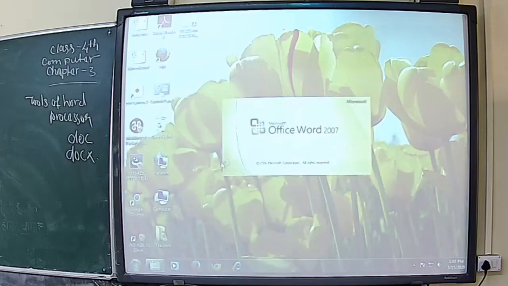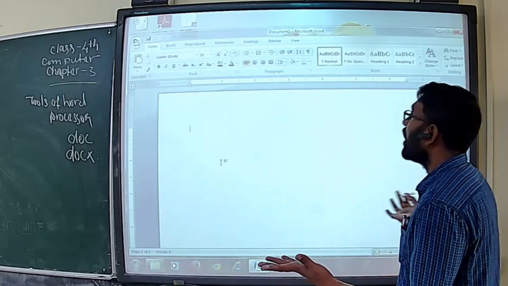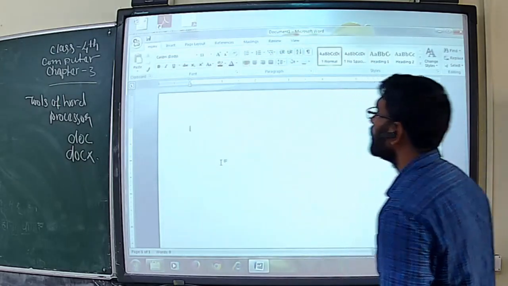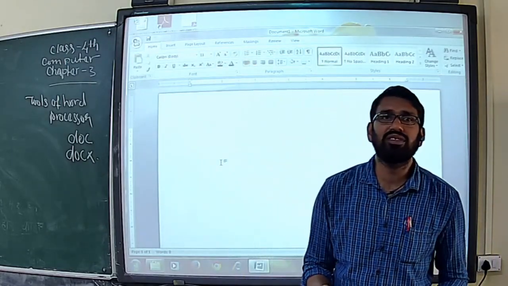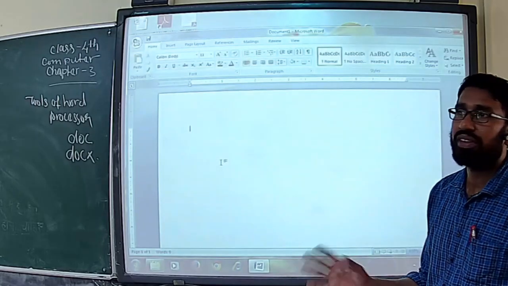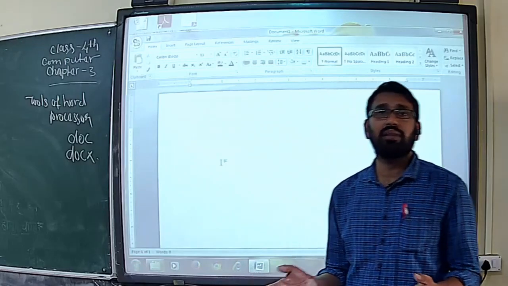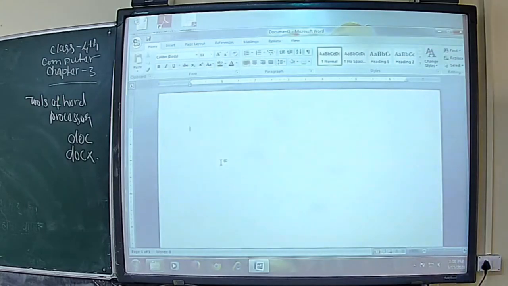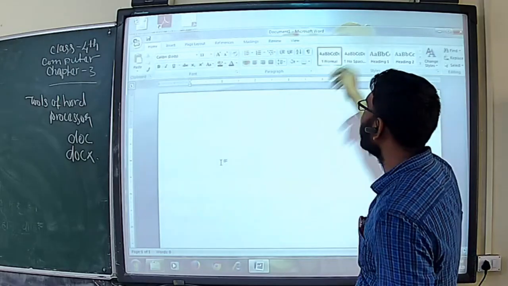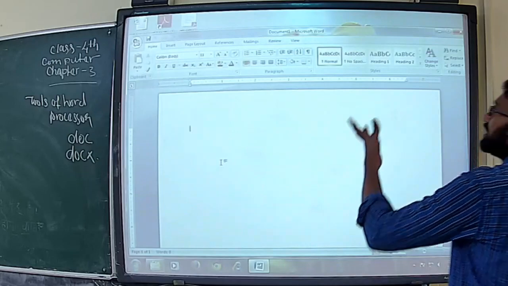Depending on which version is installed on our machine, you can see Office 2013 or Office 2007. Once we open the window, we can see many tabs, ribbons and other things. We are going to learn about the tools which we need in this chapter.